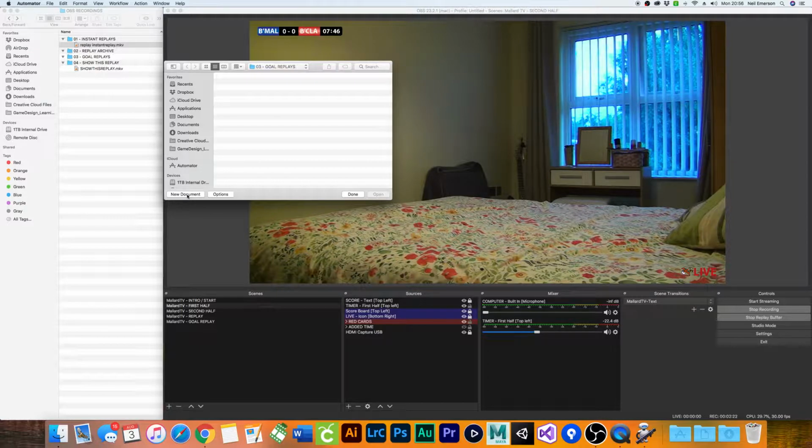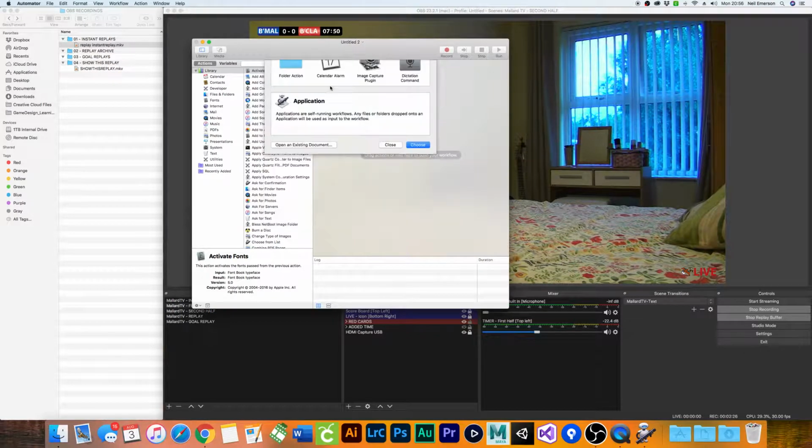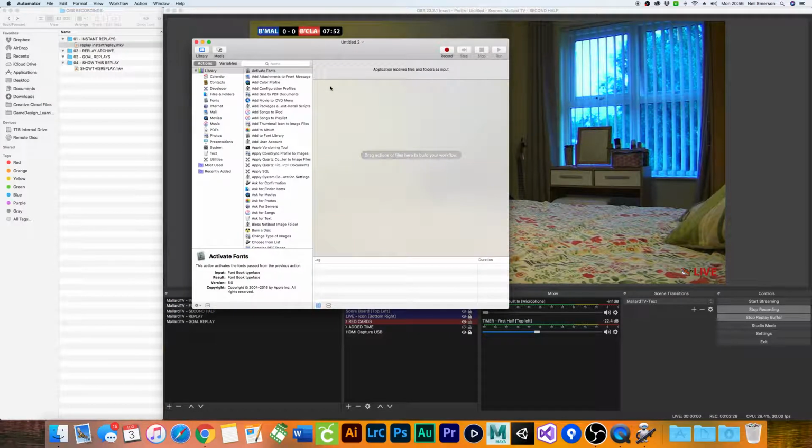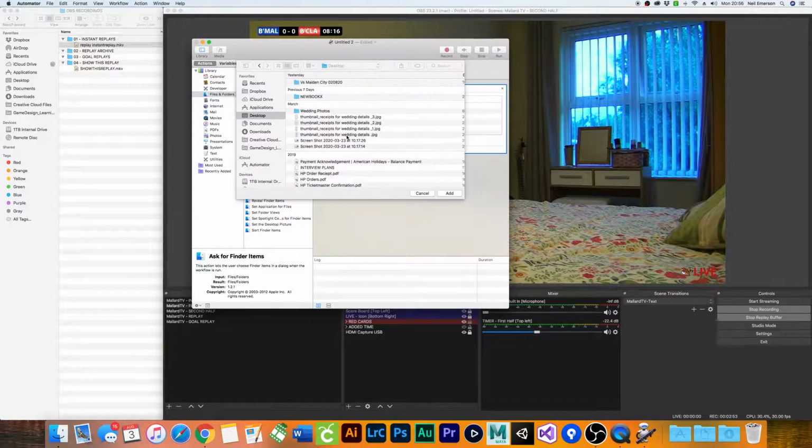I'm going to create a new document. I'm going to make an application. And on the left hand side here, it's to do with files and folders, so I'm going to select that. What I'm going to do then is get specified finder items. Okay, we're just going to drag that into the right here. So the application starts and we're getting a specified finder item. What item is that? Well, that item